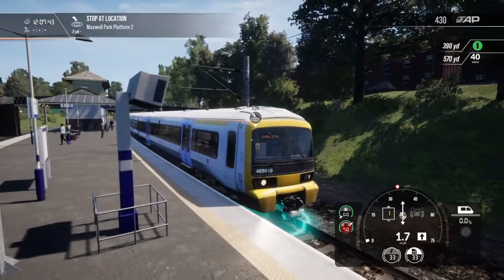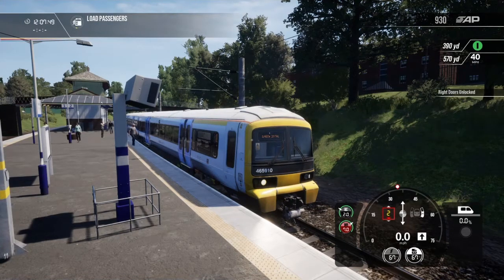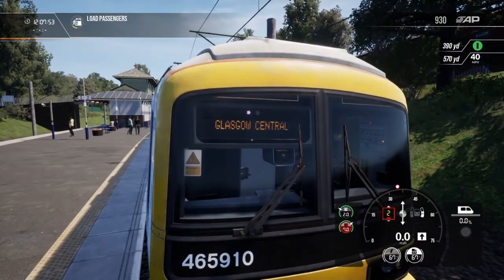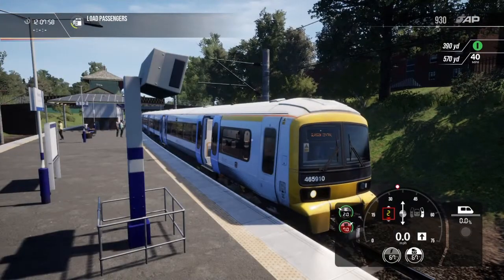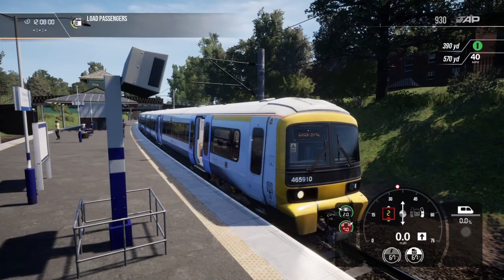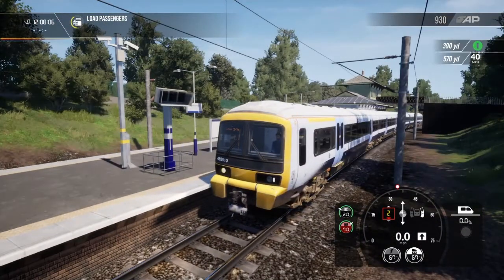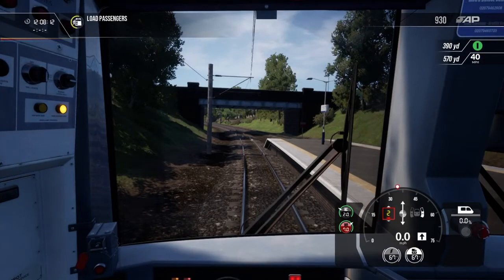Very excited actually, because that means I can access the different camera angles more easily in my videos, and it'll add a bit more variety to the actual gameplay. Interestingly, we've got Glasgow Central on the PIS system on the train, I don't know why that is, because this is a Southeastern high-speed train, and I don't think you can get much further away from Kent than Glasgow. But anyway,